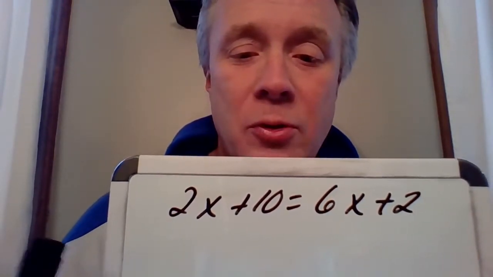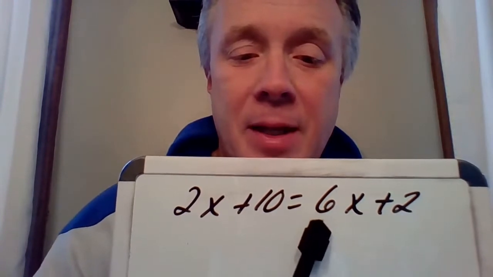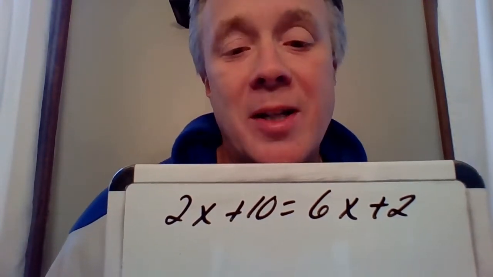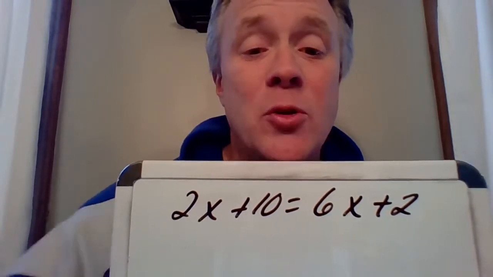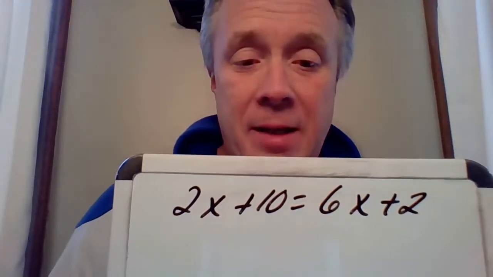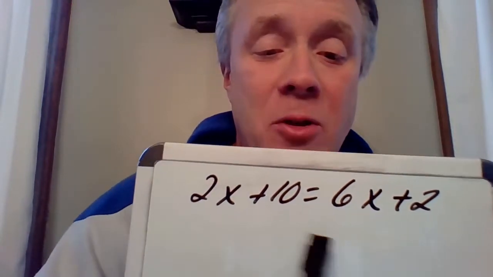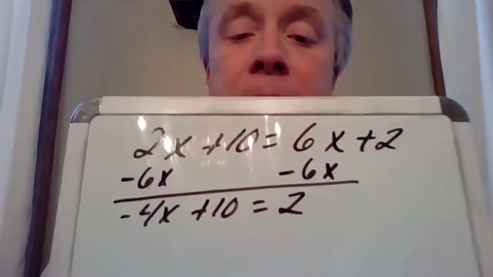So if I want to move this 6x, there's no sign in front of that 6x, so I assume it's a positive. So I must do the opposite, which is a negative. So I'm going to subtract 6x from both sides of the equation. Now you can see